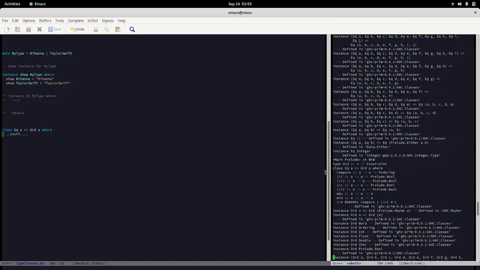So Ord. You can see Ord has a lot more functions. It has compare, which returns an ordering, which you don't really need to think about. You can look into it. It's really simple, but not worth the time here. Less than or equal to, etc., max, min, and in this case, it's just comparing between the two. So if it was like max of 1 and 3, it will give you back 3. Vice versa for min. But anyways, this last little bit here, this arrow,